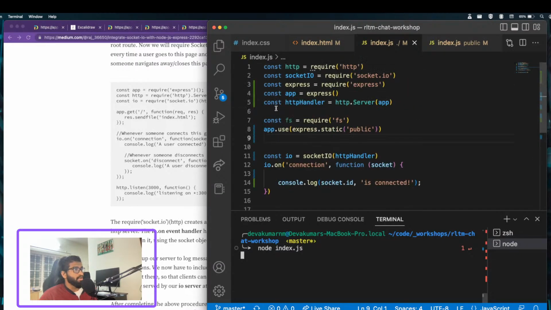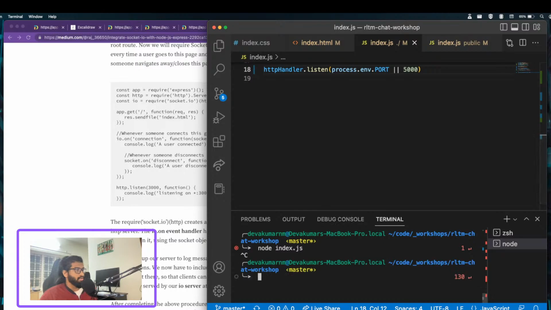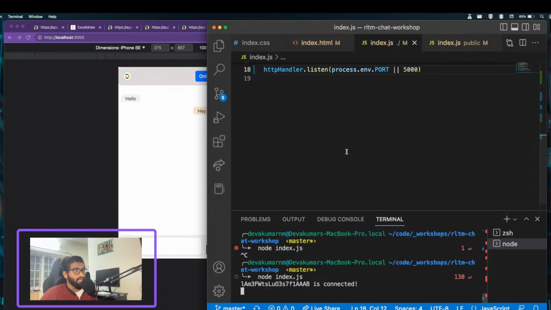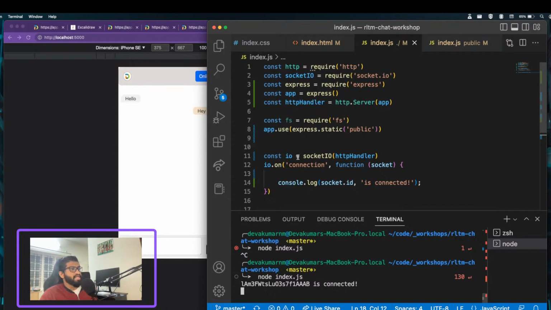Okay. We have to call this. Okay, now it's working. Okay, this is the reason why I had avoided setting up with Express directly, because it